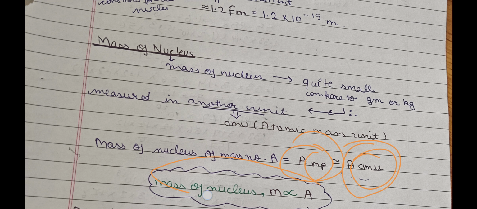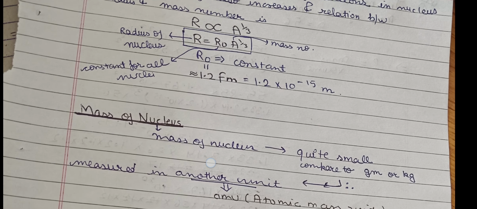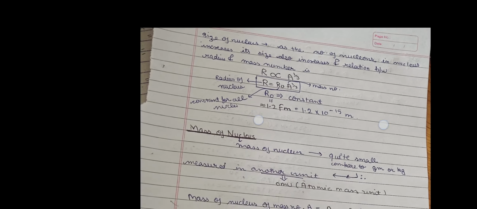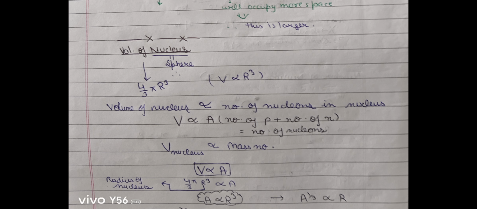So mass of nucleus is directly proportional to A, that is the number of nucleons. As the number of nucleons will increase, mass will increase. Similarly, R was also dependent, like size is also dependent on mass number, that is number of nucleons. Because if number of nucleons increase, then size of nucleus will also increase. Similarly, volume was also dependent on A, because size increase, volume increase. Okay,